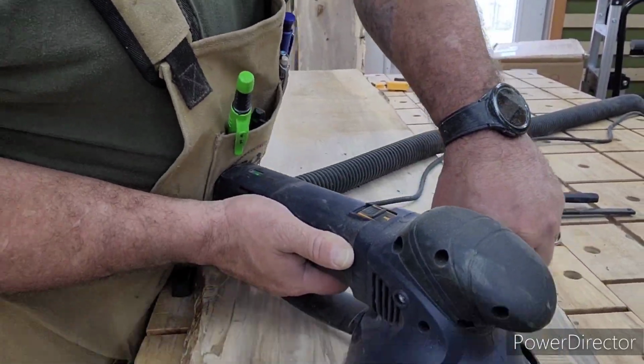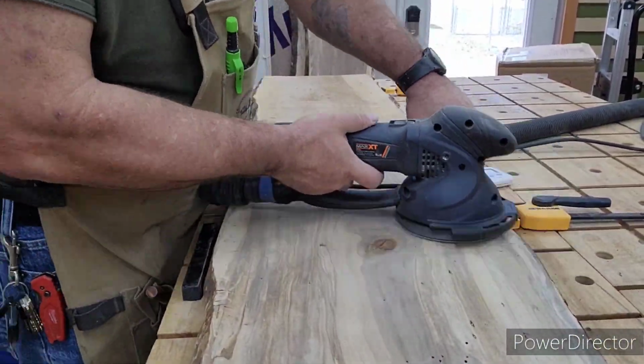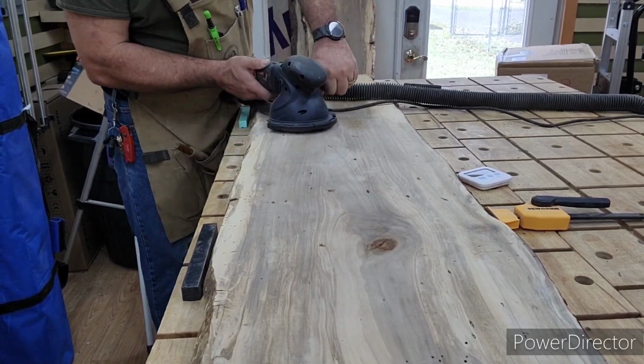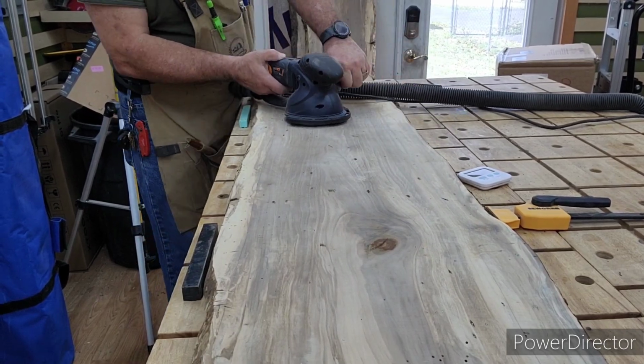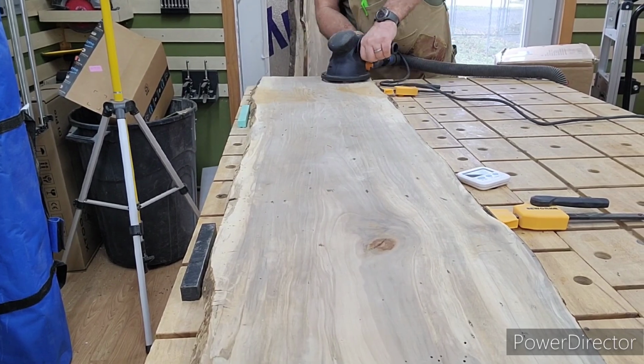Now again, this board is 14 inches wide. The first board was 11 inches. So we're already talking about almost a 25% wider board, and yet this thing just makes short work of it. It's just crazy. So if you have a house that you're trying to pull paint off, or some old boards that have paint on them,